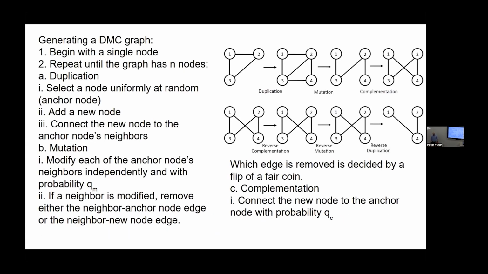Okay, generating a DMC graph. Begin with a single node. Repeat until the graph has n nodes. Duplication. Select a node uniformly at random, anchor node. Add a new node. Connect the new node to the anchor node's neighbors. Mutation. Modify each of the anchor node's neighbors independently and with probability q sub n. If a neighbor is modified, remove either the neighbor anchor node edge or the neighbor new node edge. Which edge is removed is decided by a flip of a fair coin. Complementation, connect the new node to the anchor node with probability q sub